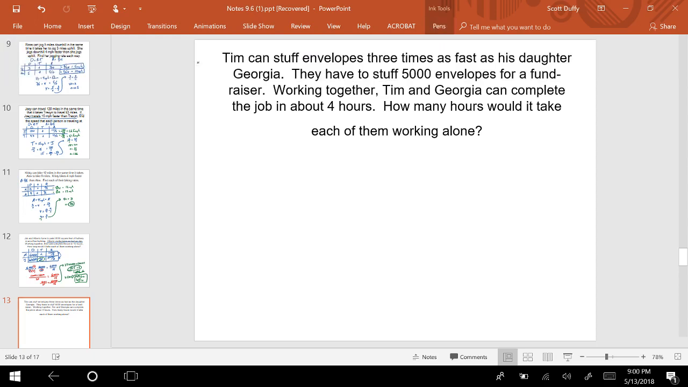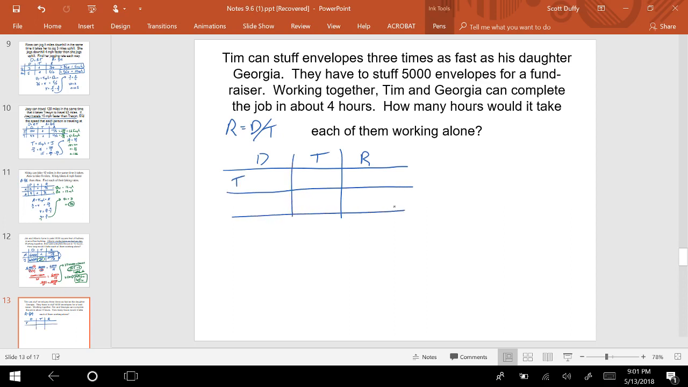So what we're going to do is remember that rate equals distance over time, or just an amount over time. In this case, we're going to have envelopes, the number of envelopes in place of the distance. So let's make a distance, time, rate. We have Tim, Georgia,